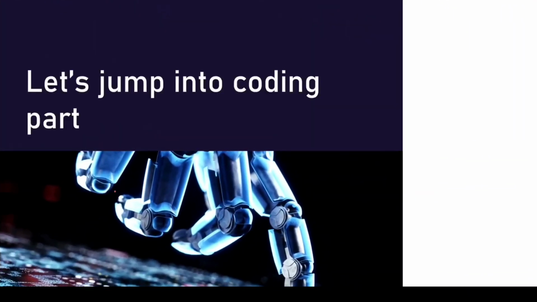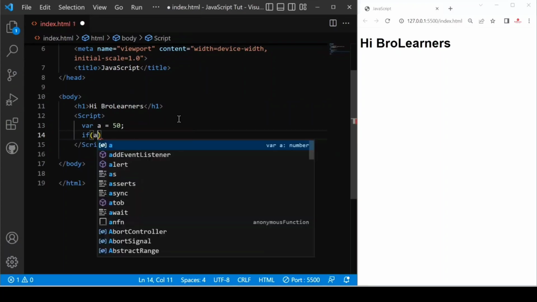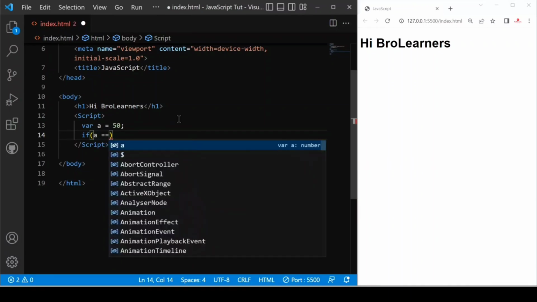Now let's jump into coding part. Now let's see how we can use if condition. For if, let's define a variable where a equals to 50. Okay, and provide if keyword, then provide the round bracket. In round braces we provide the condition. For example, a is equals to 50,